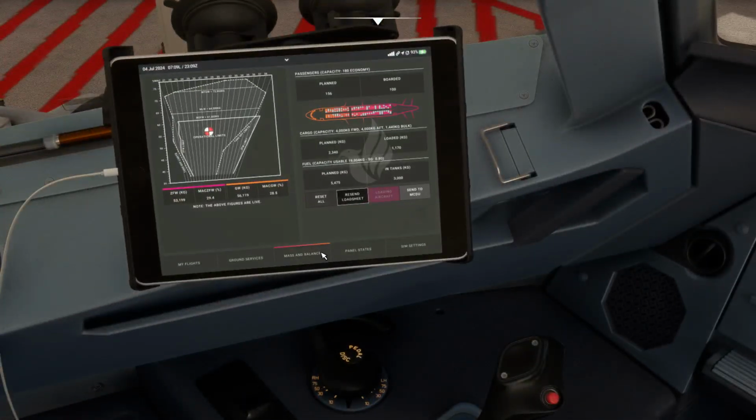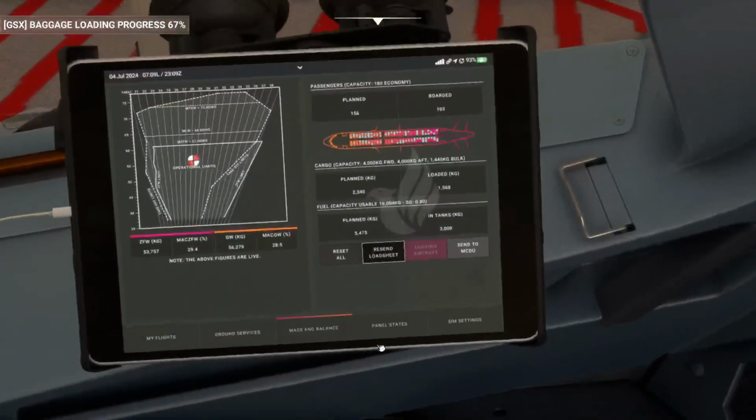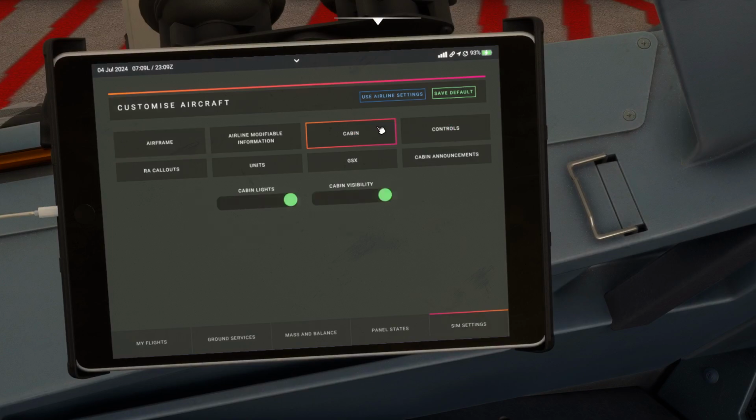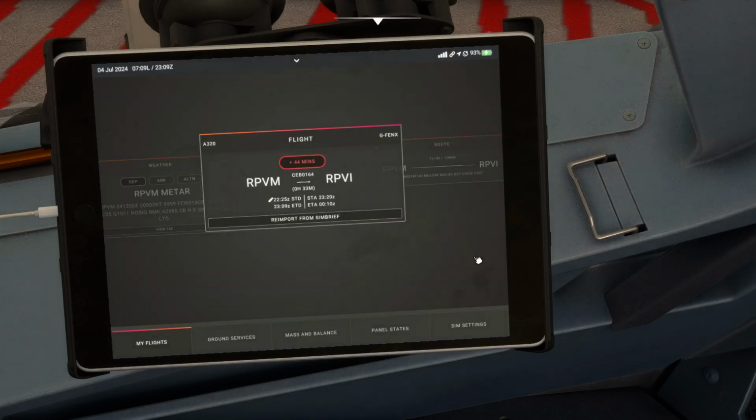So we'll do some weight calculations. We're still waiting on the fuel truck, even though if I go to my sim settings, I am pretty sure boarding and fuel. That's why. Should be fueling before boarding in reality. Anyway,